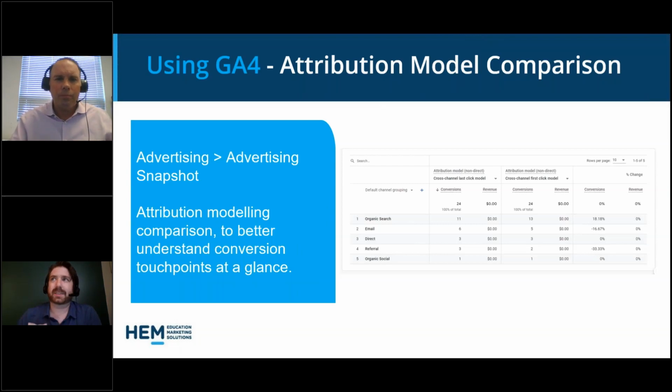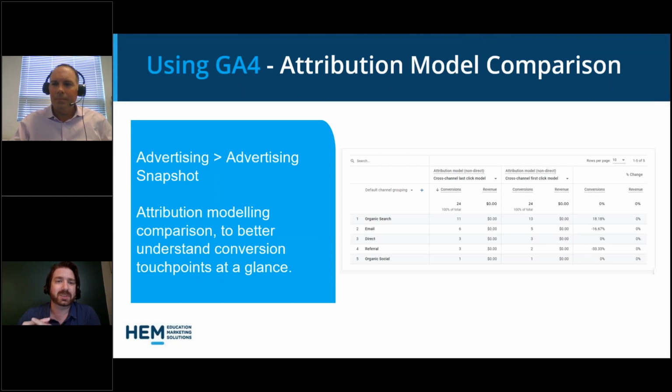I guess to touch on that, historically, a lot of the way people have been trained to look at marketing data and your KPIs inside of Google Analytics is often to have a sort of siloed vision that email doesn't touch anything else, paid ads doesn't touch anything else, it's just paid ads. But realistically, your users are finding you all over the web in different ways, different touch points. They've probably visited your Facebook site, they've maybe seen your Twitter account if you have that, they've clicked on some of your ads, they found your blogs, and so forth. And using these different attribution models is really a good way to get the holistic picture of how all these work together at a glance.